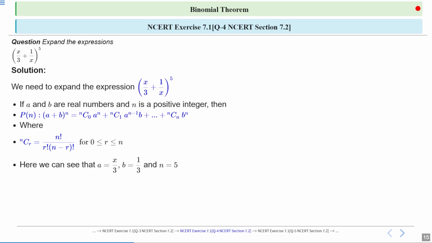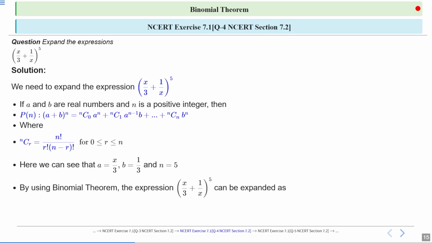Here we can see that a equals x by 3, b equals 1 by 3 and n equals 5. So by using the binomial theorem, the expression (x by 3 plus 1 by x) raised to the 5 can be expanded as